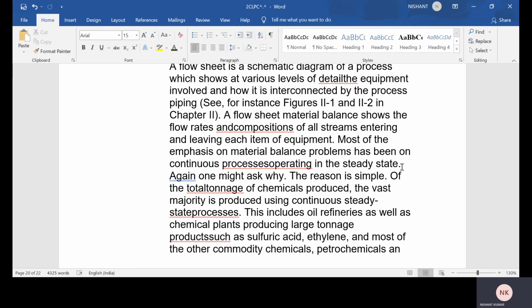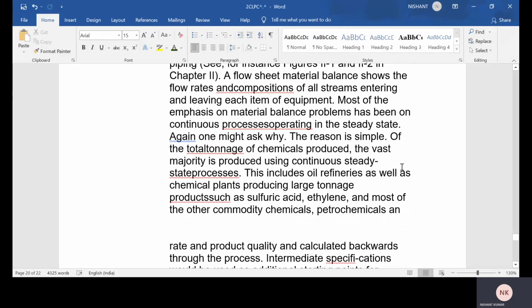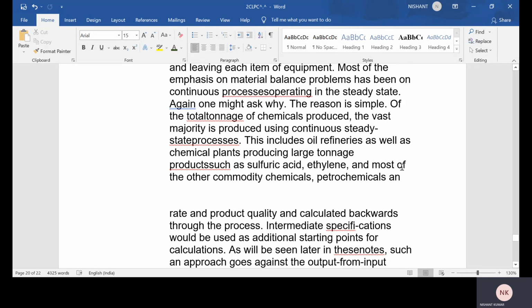And one might ask why. The reason is simple. Of the total tonnages of chemical products produced, the vast majority are produced using continuous steady state processes. This includes oil refineries as well as chemical plants producing large tonnage products such as sulfuric acid, ethylene, and most of the other commodity chemicals,